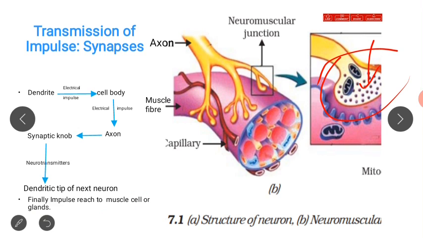So all these things are possible due to the nerve cells or neurons, and in this way all the information from the environment, which is received by the dendritic tips or receptors, travels along the neurons and ultimately reaches the muscle cell or glands, where the muscle cell contracts or reacts with this response,